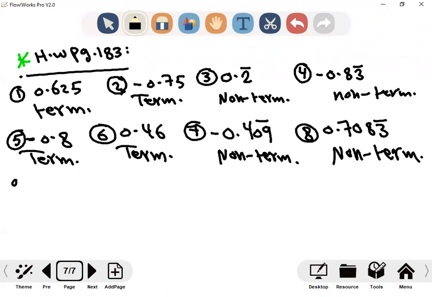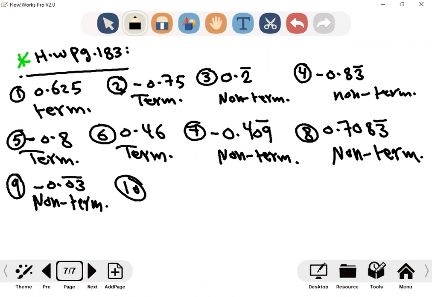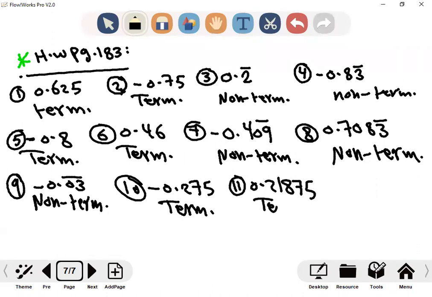Question 9, -0.03, and it's repeated, non-terminating. Question 10, -0.275, it is terminating. Question 11, 0.21875, it is terminating. And the last one, question 12,